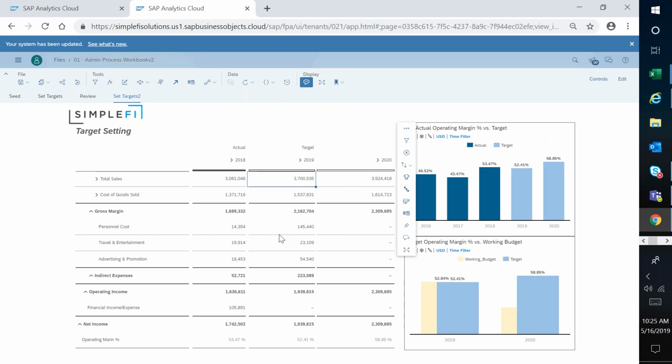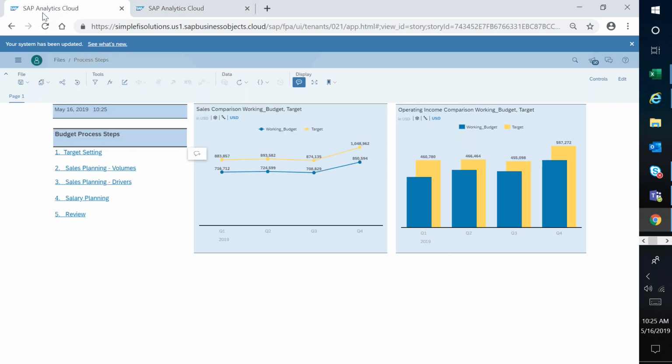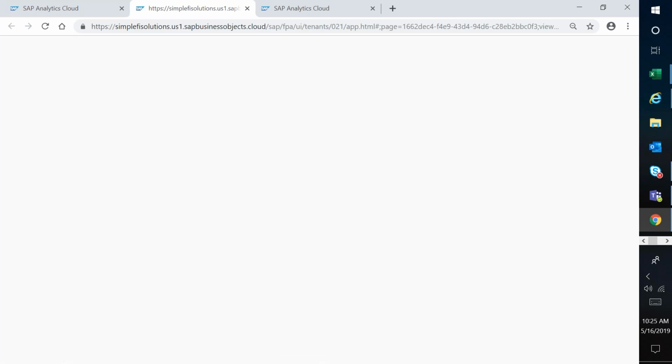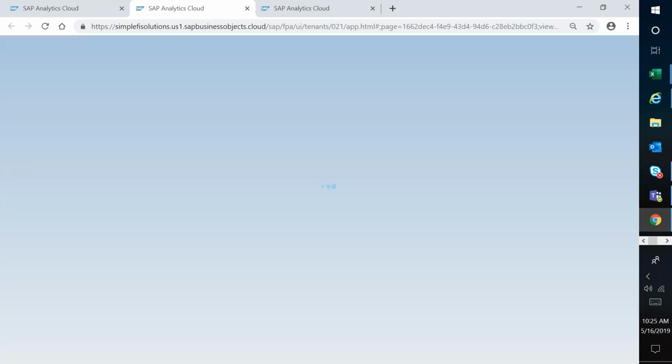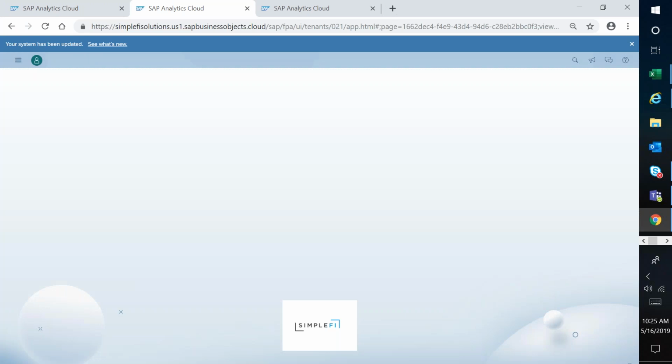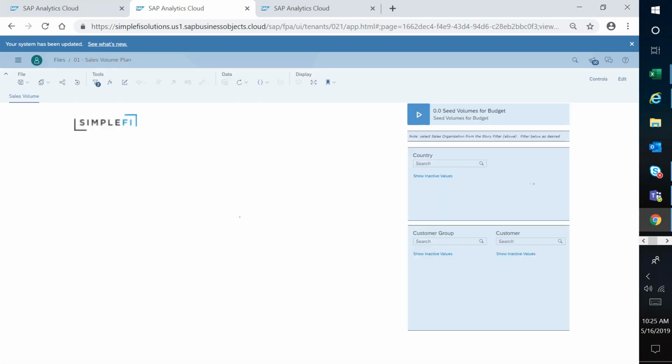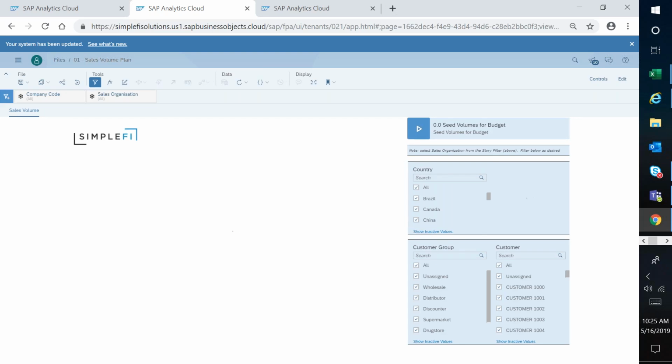So that may be, again, from a high-level kind of target setting. Notice that I can have both my template and then visualizations, really nice and easy and flexible to work with. Kind of talking through some of the other capabilities, I'm going to go ahead and open up the sales planning. We talked about disaggregation, being able to plan at different levels. We also talked about the functionality called advanced formulas and data actions. So here's another view of a template that we created.